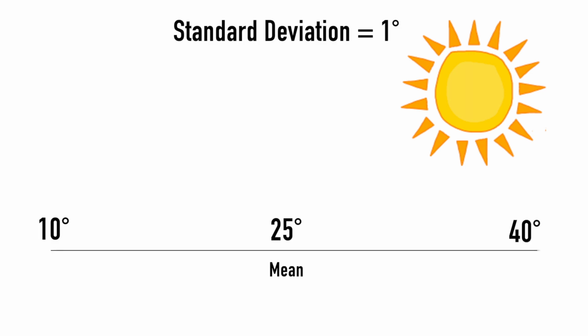Another example of the standard deviation, so you fully grasp the concept, is for example the weather. Let's imagine that during the summer the average temperature was 25 degrees Celsius. If the standard deviation is very small, it means that on a daily basis, the temperatures during the summer were very close to the mean, very close to 25 degrees. For example, we had 23 degrees, we had 26 degrees, we had 24 degrees.